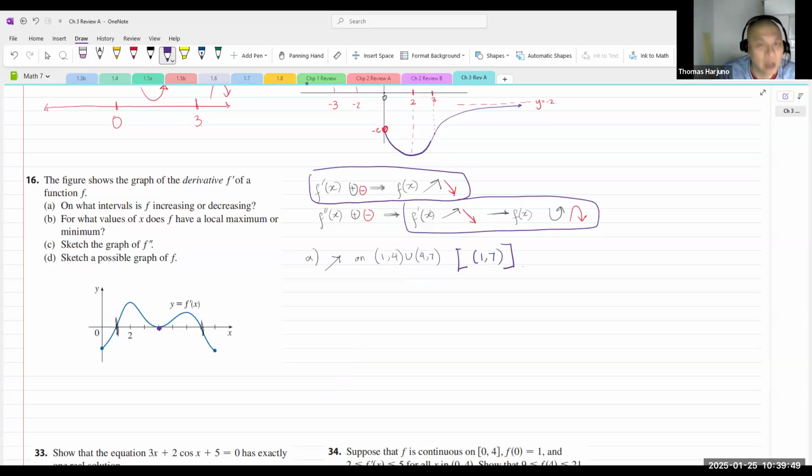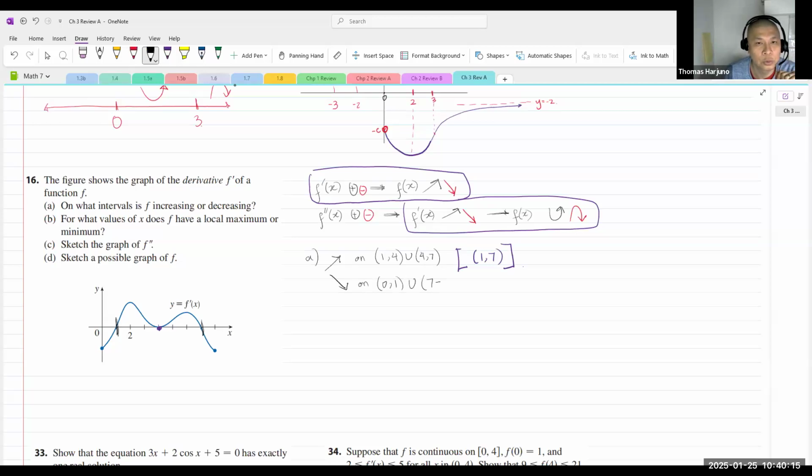Okay, with some further thought, you will see that even at 4, at that one point, the slope is 0. But if you pick any 2 points, one of them cannot be 4, and the slope will then become positive. Okay, it is decreasing on 0 to 1, and then from